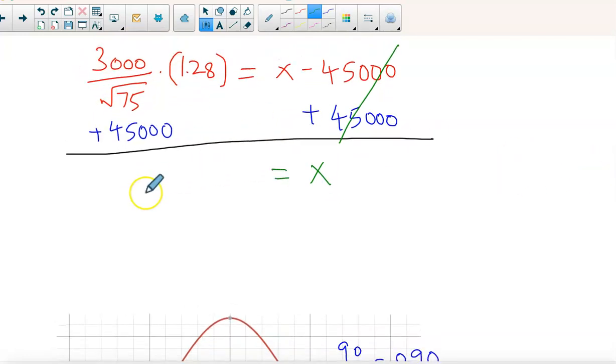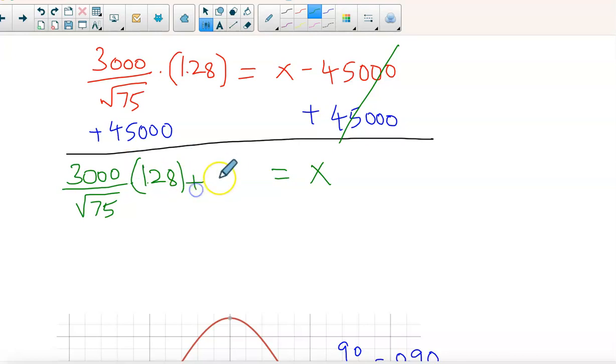It is 3000 divided by square root of 75 times 1.28 plus 45,000. Alright. Now what I'm going to do is just use a calculator and enter everything